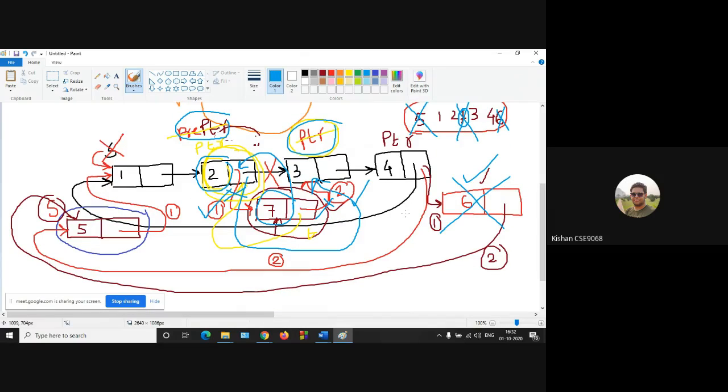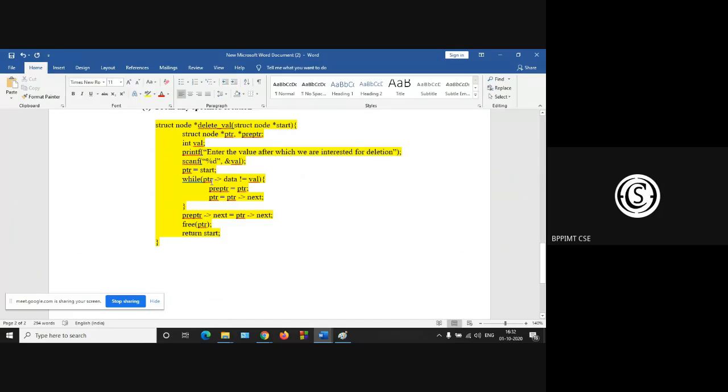Sir, when PTR will point to 7, pre-PTR will point to 2. So, sir, we need to delete 7. So we will change the pre-PTR next equal to PTR next. Okay. Yes, right. So PTR data not equal to your value. Here the value of val is 7 in our example.